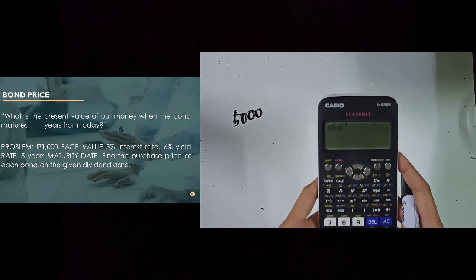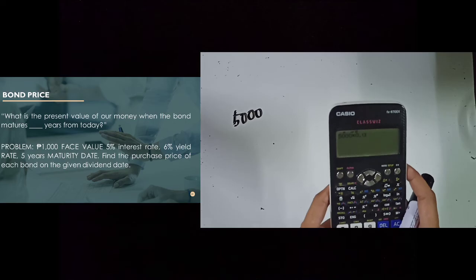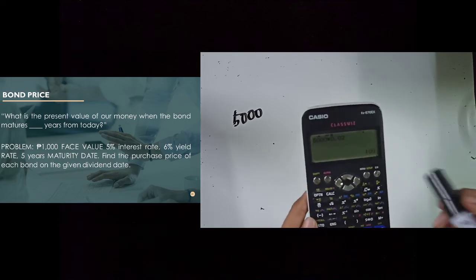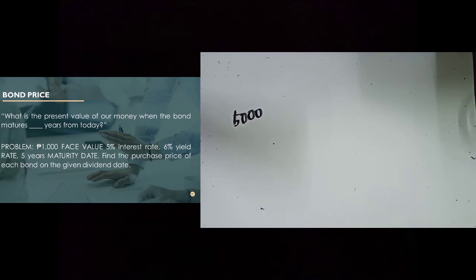Okay? So, again, 5,000 multiply by 0.02. So, ibig sabihin, 100 yung interest. So, 100 yung annual interest. Okay? So, again, coupon interest payment. Paano kunin ang coupon interest payment? So, multiply the par value